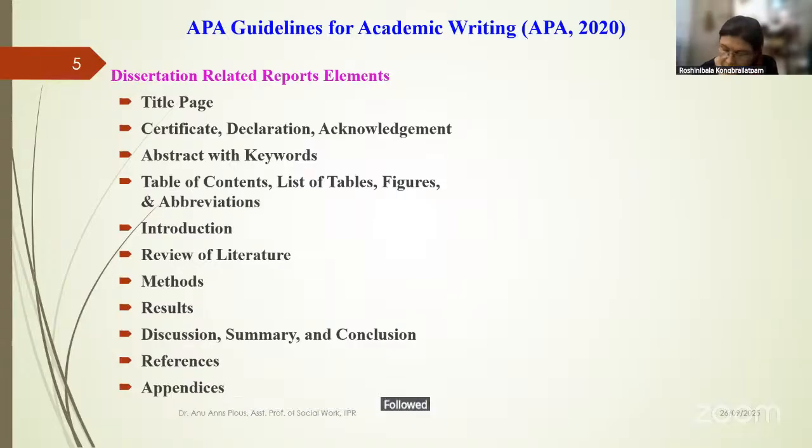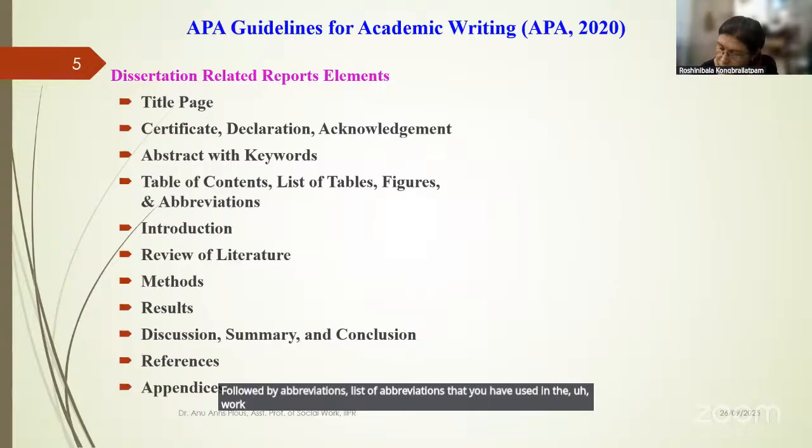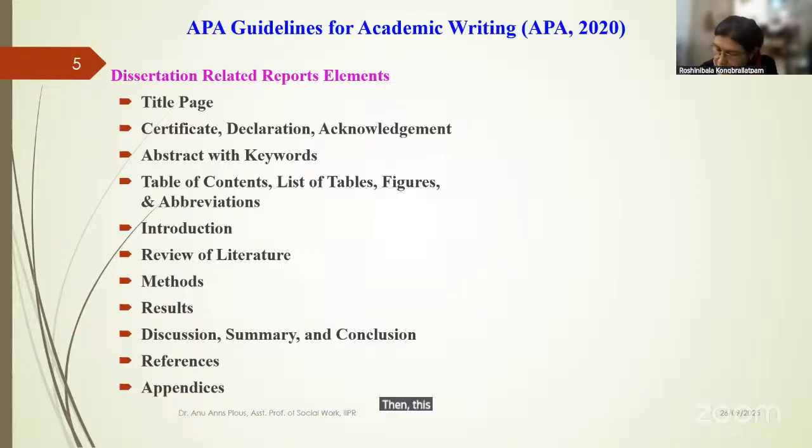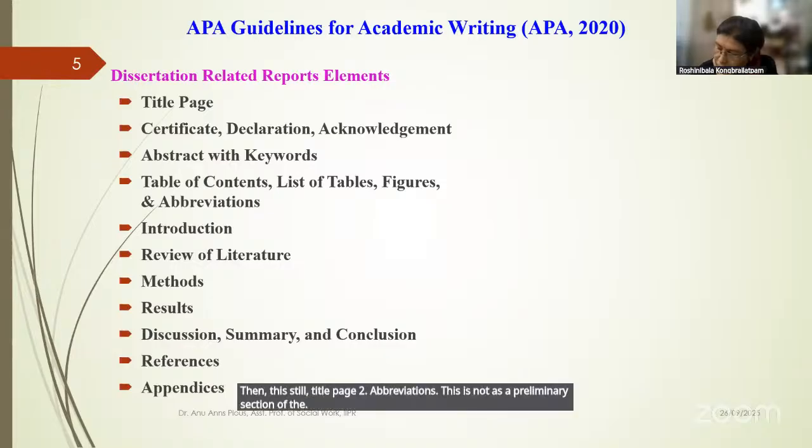Followed by abbreviations, the list of abbreviations that you have used in the work. The list of abbreviations, list of tables and list of figures you can follow with the order that you have given in your document. But the list of abbreviations should be in alphabetical order. Then from the title page to abbreviations, this is known as the preliminary section of the dissertation document, followed